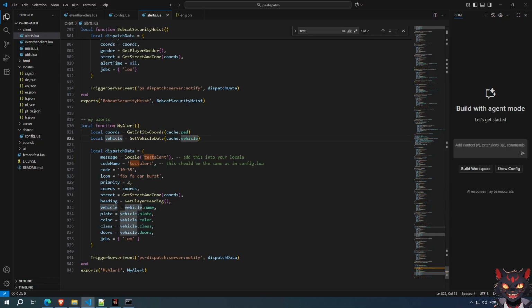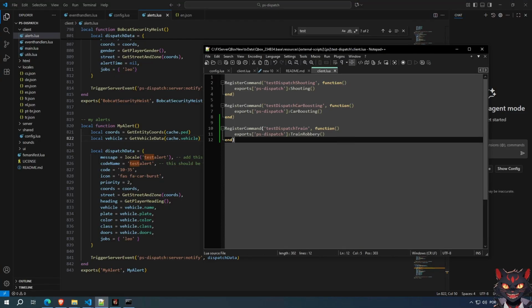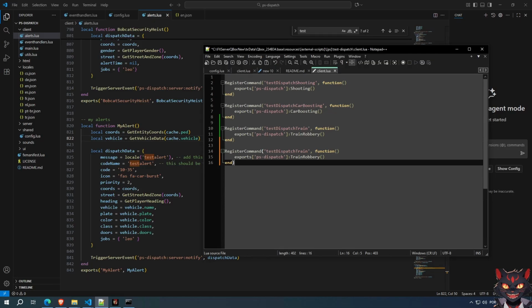This gets the information of the vehicle and the coordinates if there is a vehicle. We'll test it out if the vehicle works or not. So we've created a my alerts. So let's go to our alert thing. Copy this. Create it, then dispatch